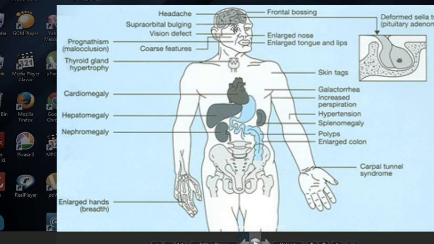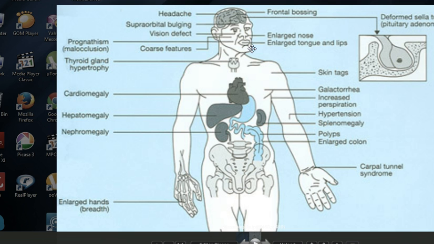Supraorbital enlargement or supraorbital bulging, bitemporal hemianopia in the eyes, enlarged nose, enlarged lips, enlarged tongue,